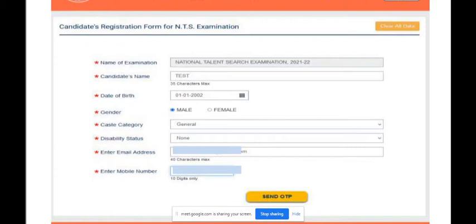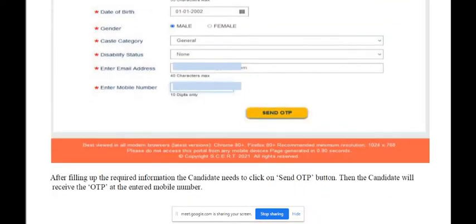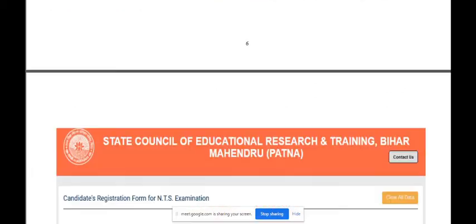After writing the mobile number, it will ask for verification of your mobile number. It will give you one OTP. To get the OTP we have to click on send OTP, and after that we will receive one OTP that we have to fill in for verification.